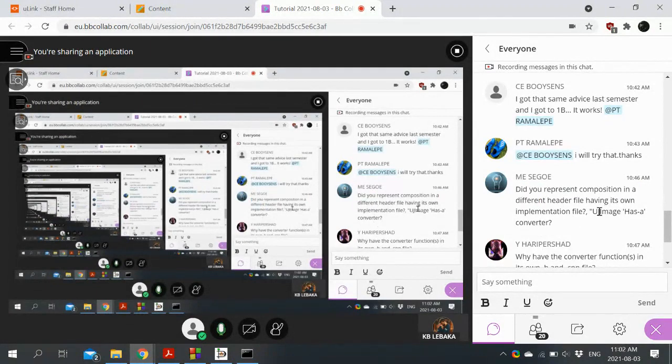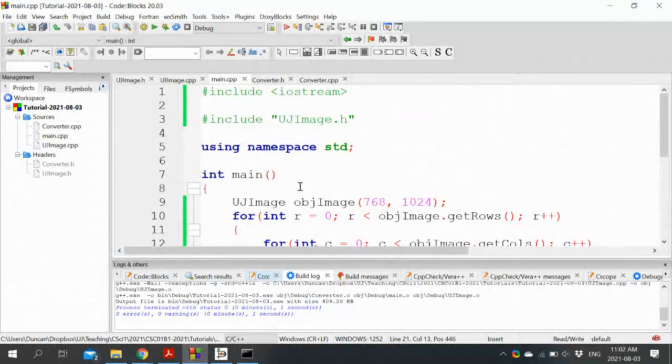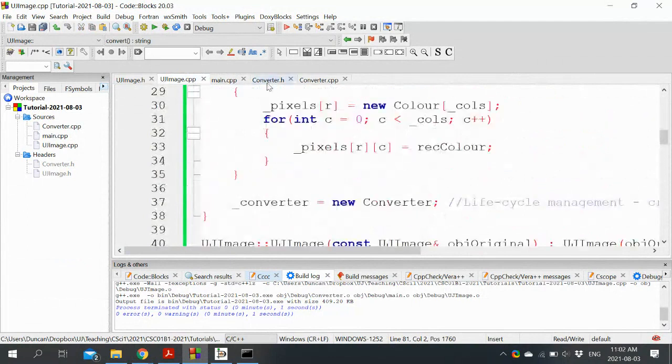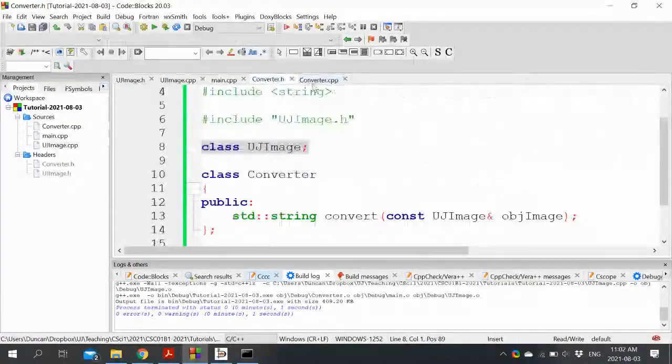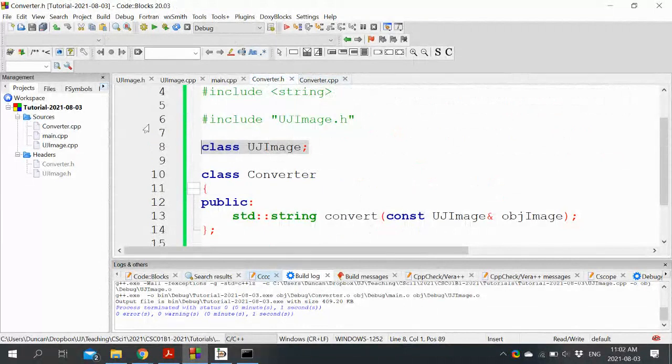Yeah, so the general rule of thumb, it's not a hard and fast rule, is that every class will have its own header file and CPP file. But sometimes there are some classes which are so closely aligned to another class, like UJ image, that you put them in the same header file. I wouldn't say a converter in this case would count, but maybe you would. But I deliberately wanted to show you the complexities of the cyclic dependency.